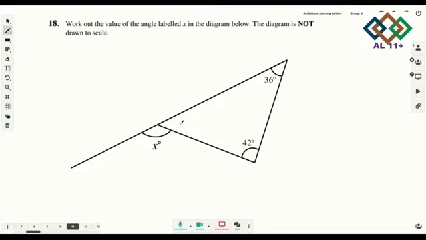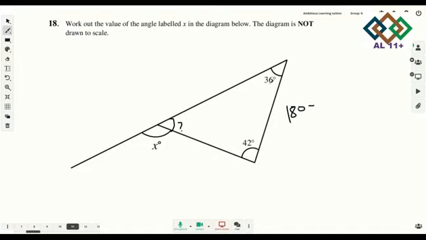So basically, the first thing I'm going to find out is what is this one here. So let's find this one here. To find this one, you need to add these two. Add 36 plus 42 and minus it from 180. You know that the total of the angle is 180. So to find this, we will just do 180